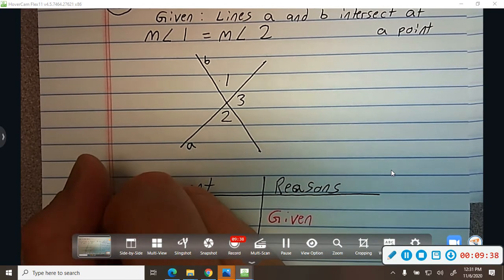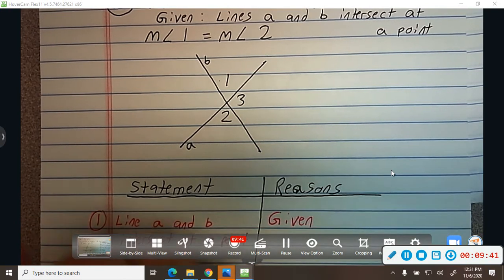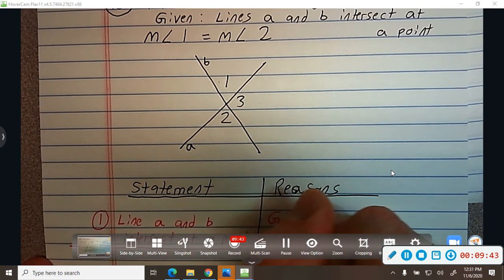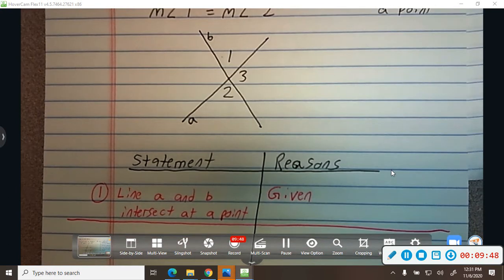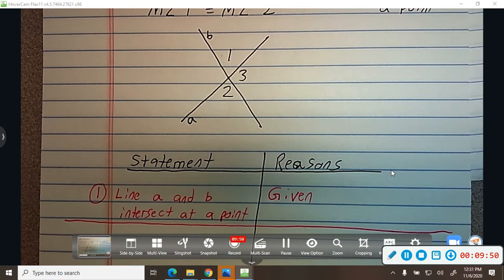So we'll call that step number 1. So that's the first thing we know. They intersect at a point. Next,